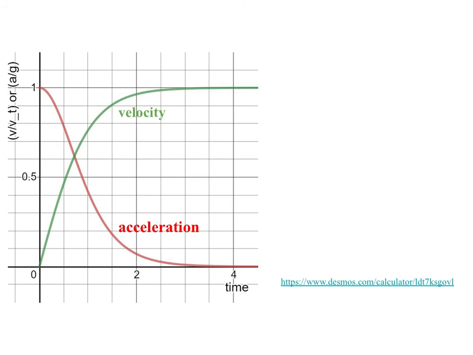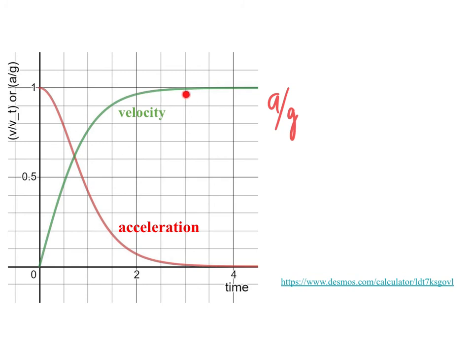And these are what the graphs of velocity and acceleration look like. So the axis is actually only, of course, really good for the speed. And I guess for the other axis, this is the plot of a versus g. So we see at the start, we end up with acceleration almost equal to g. And then it comes down, and as we get closer to the terminal speed, the acceleration gets closer to 0, as we expect. We see that the velocity starts off at 0, rises pretty rapidly, but then turns over and